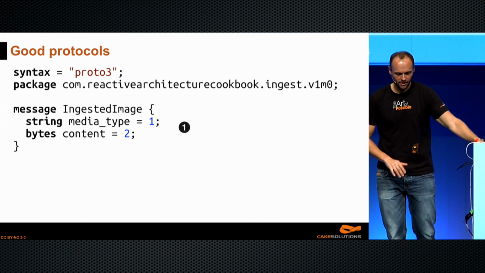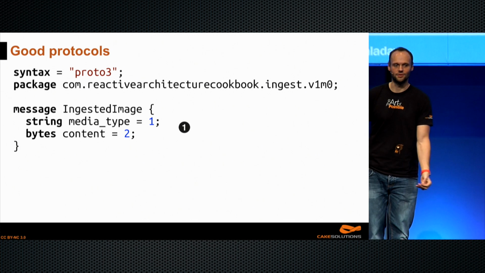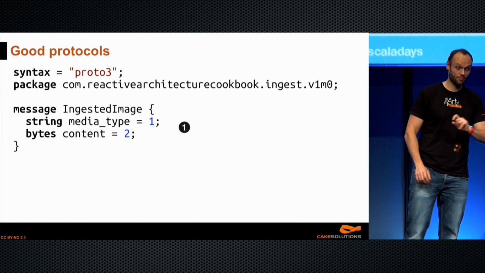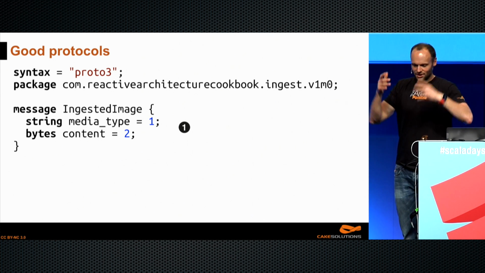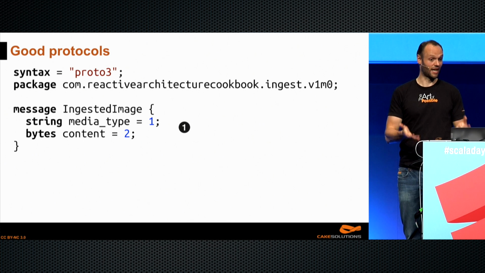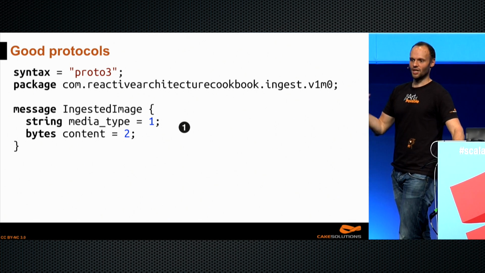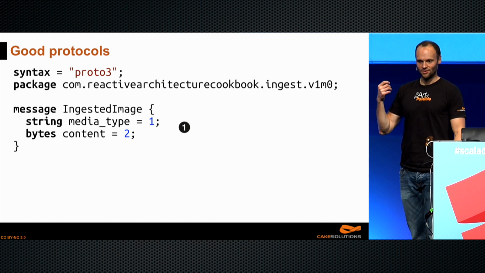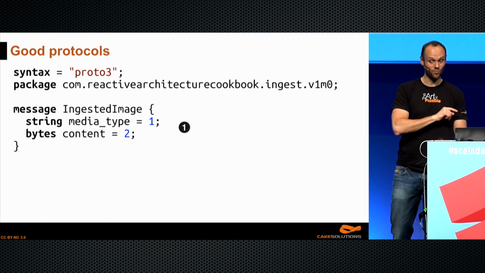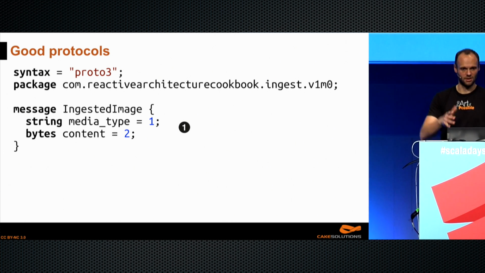in the design of this system, we thought, how are these components going to talk to each other? What protocol are they going to use? And we just happened to settle on protobuf for a couple of reasons. First, the syntax is nice. It's kind of cool to write these messages, really easy to use. Second, the tooling is really, really good. So you can generate the code in SBT, you can have the case classes generated, you can do even more interesting stuff. But for now, we have a message called ingested image, so that's the stuff we ingest.